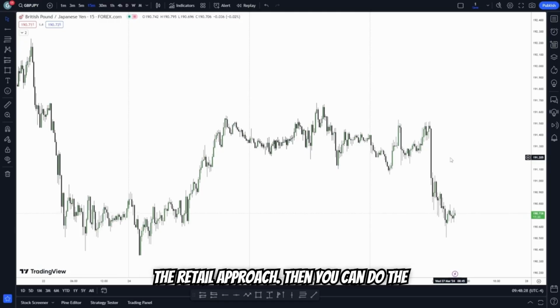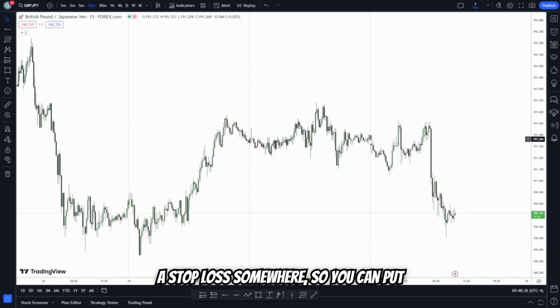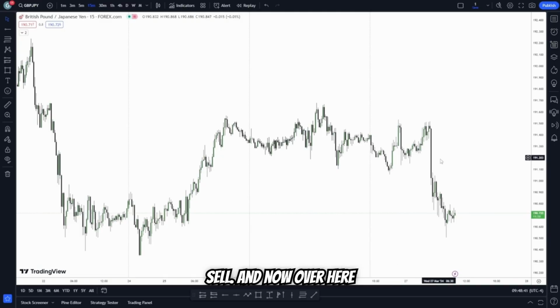So if you know the retail approach, then you can do the opposite of that retail approach. Okay, if the retailers are looking for sales, you know that if a retail trader is trying to put a stop loss somewhere, you can put your limits over there and you can take a sell. Okay, and now over here also, this was